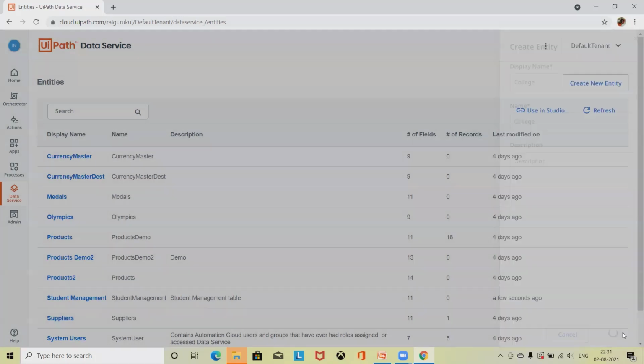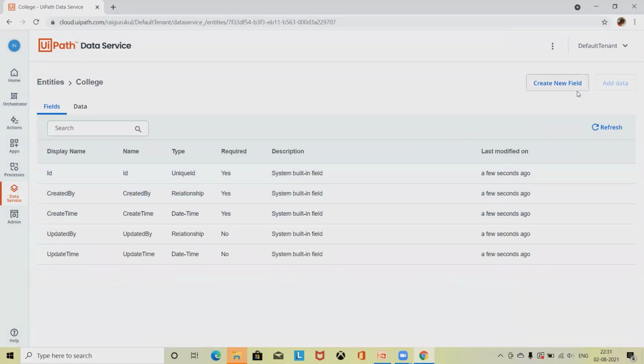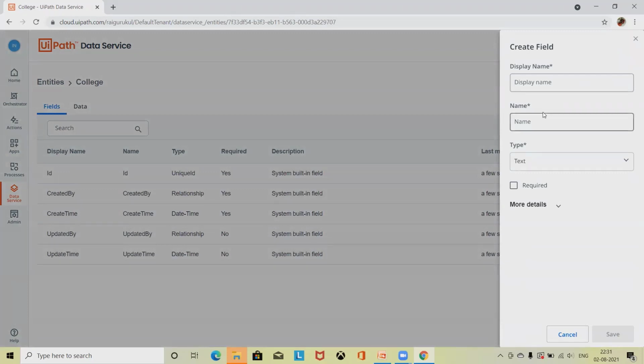Now, this is my second entity. Inside the college, I want to add only two fields. One, which is roll number, which I want to mark as a relationship so that there would be a relation between college and student name.